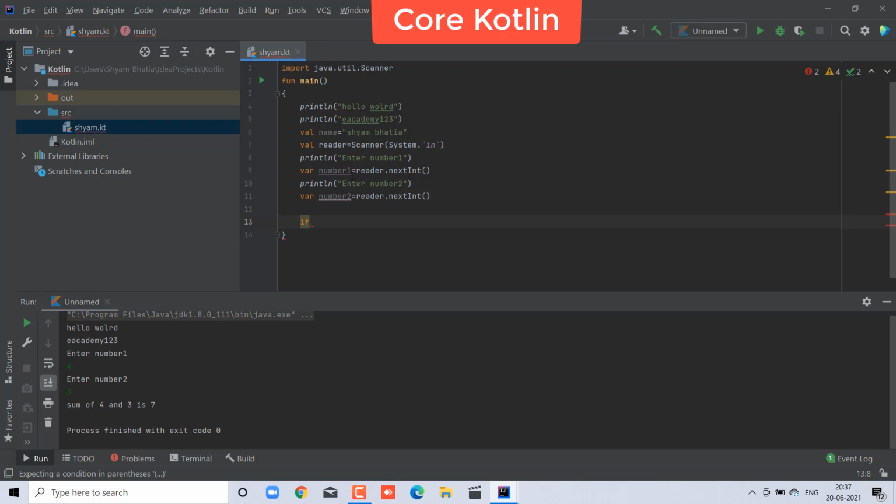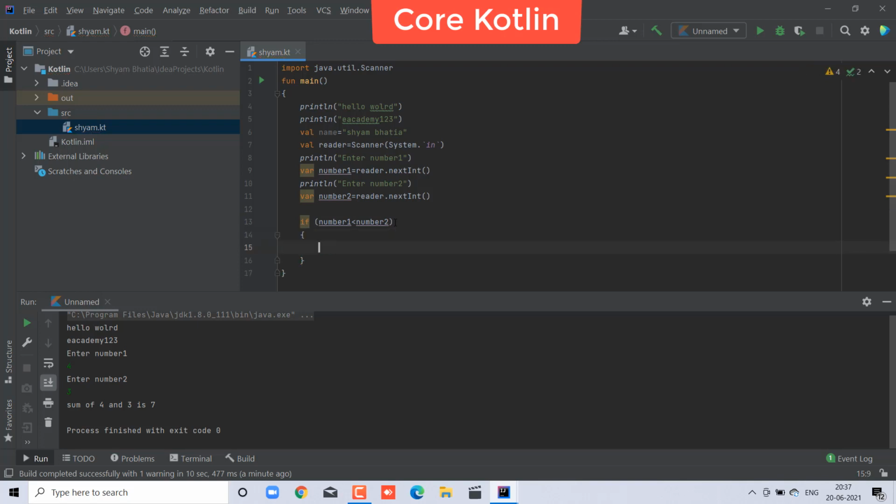Okay, and here if you can say number 1, whatever you will store, control statement, less than or equal to number 2.